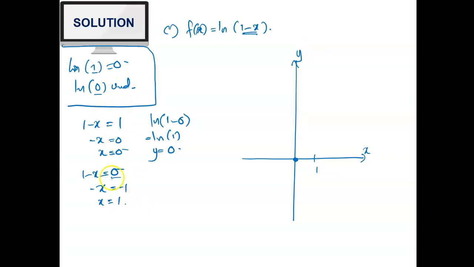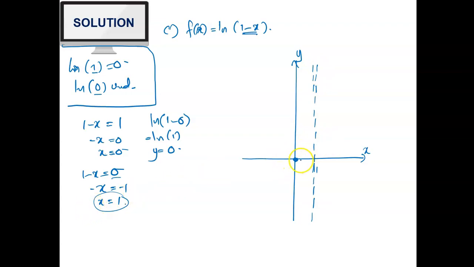Yes, the whole function is undefined, so x equal to 1 is, recall, the vertical asymptote of the line. Okay, so then now,